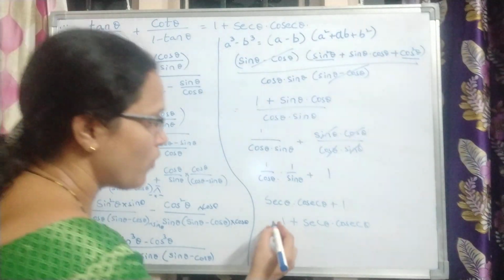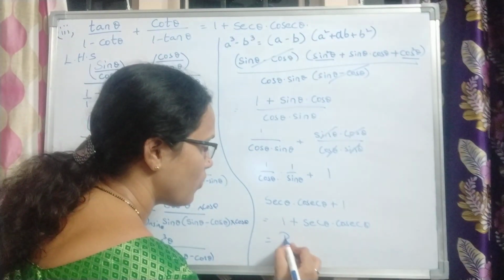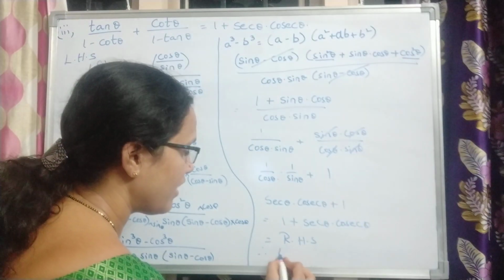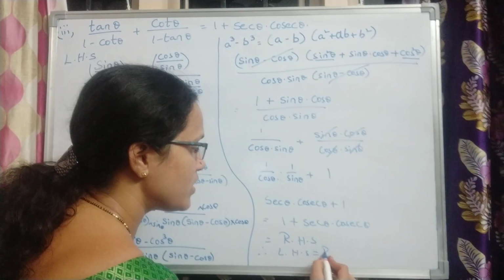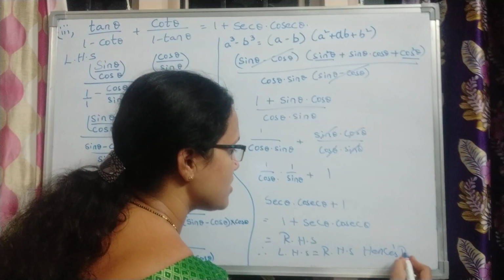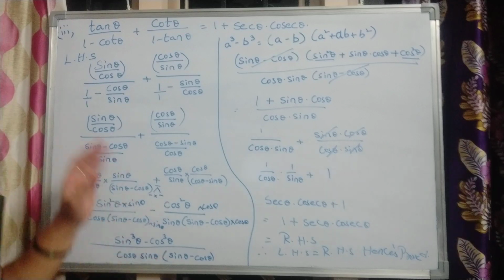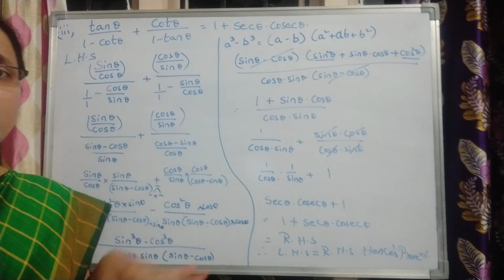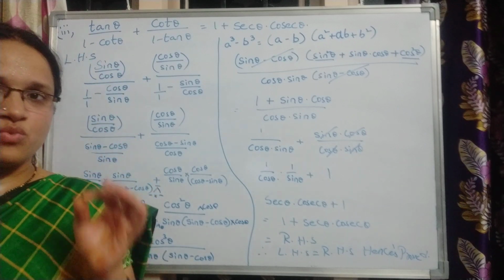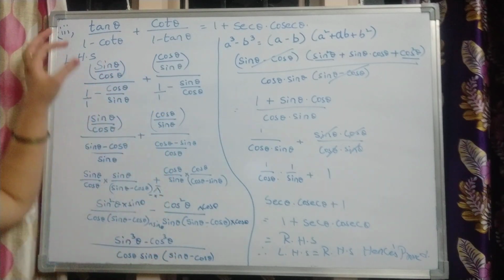Okay. So why have I written it like this? Because my right hand side is 1 plus secant theta into cosecant theta, where I have proved LHS is equal to RHS, hence proved. So this is one of the important things. Please do remember, children get confused usually with this kind of proofs. There is nothing more to it, children. Just a few small things, let us recall once. I'll tell you small tips that you have to remember.